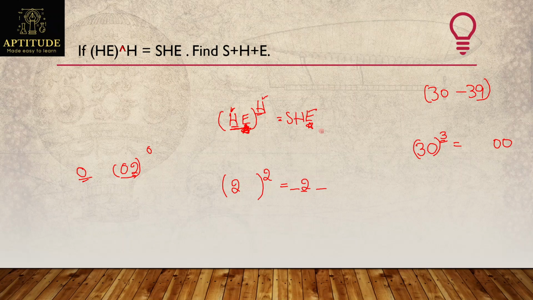Let's see what the possible values are. So for sure I can say my number ranges from 21 square to 29 square. Take 21 square: it is 441. Of course, the E value is matching at the ending. But observe this, H and H are not matching. Here the H value is 2 and here the H value is 4.